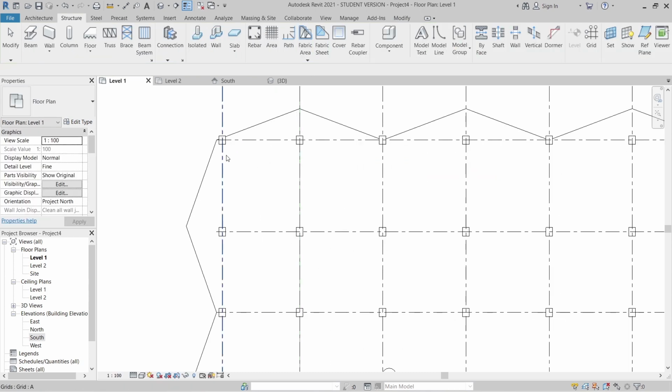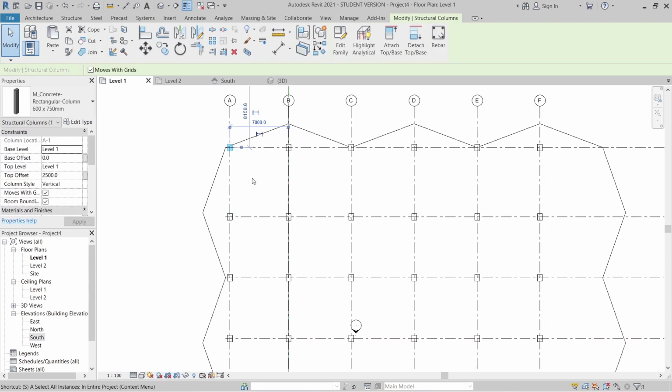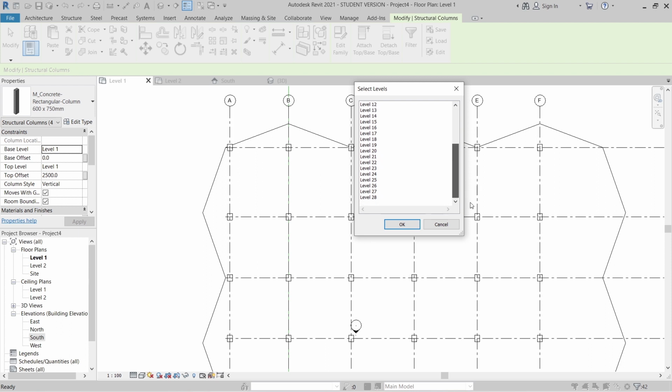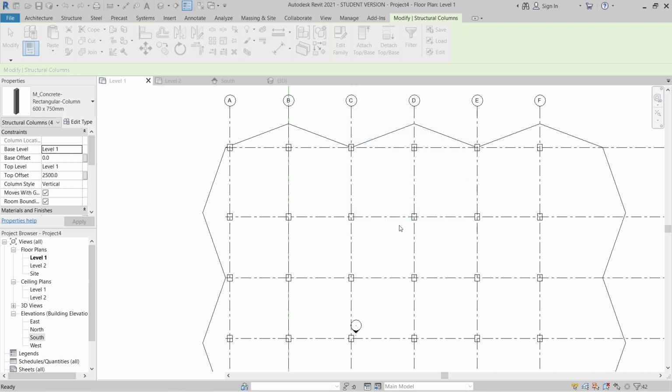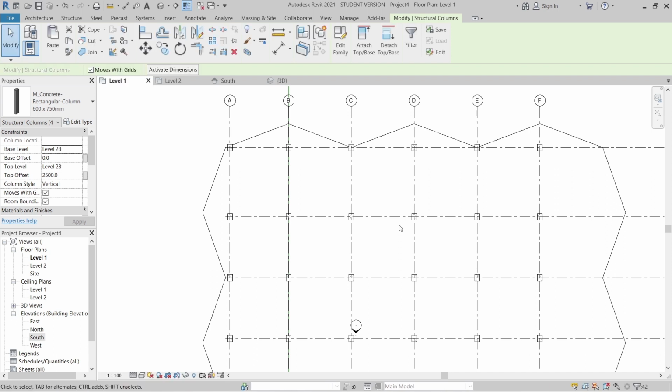Then I can select all my column here, SA for all column, copy to clipboard. Simply we copy to all level here. Okay, so far we will take a few seconds again for finish up our column. Okay, so we go to our 3D here.